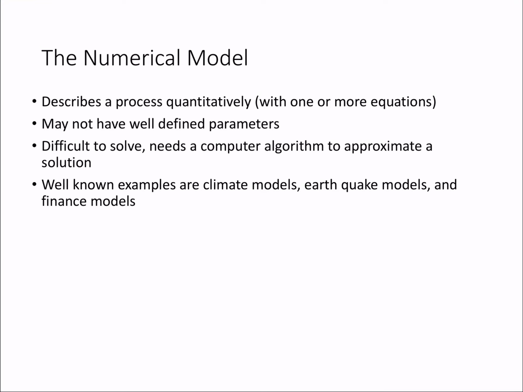These are all models where there are a lot of things going on that you have to account for. Thinking about a climate model, if you're going to do climate for the entire planet Earth, you have to know what the air temperature is during different seasons, at different points in the atmosphere, because it's going to vary. It's going to get cooler as you go up. You have to know how much sunlight is coming in. You have to know what the ground cover is. Is it mostly asphalt? Is it mostly trees? Is it mostly grass, or is it water? You have to know how many clouds there are, how big the clouds are, what type of clouds they are. There are just lots of variables that you have to account for in a climate model, so they're very complex, which is why we want to use a numerical model, a computer algorithm, to solve them.